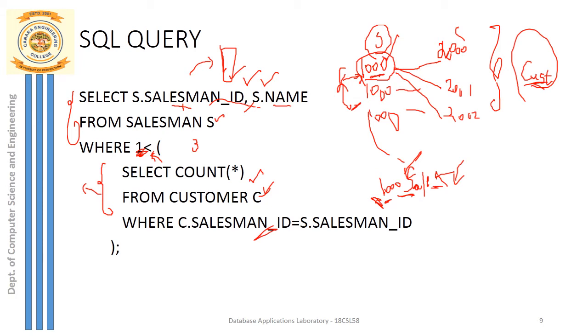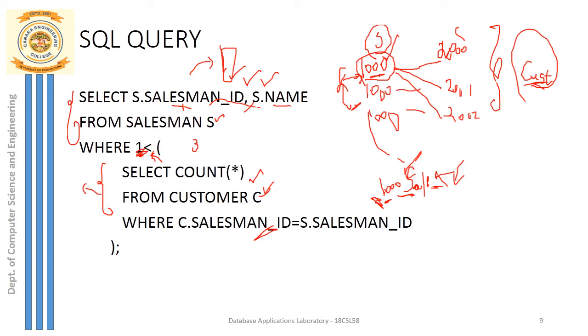Suppose if you get more than one row for that salesman with ID 1000, the meaning is that salesman is serving more than one customer. Right? So how do you check that in the query? First you retrieve this inner query result, where you just count the number of rows, but directly you cannot do that. First you come from the outer query part. So the outer query says that for each salesman, that means from the salesman table you start there, for each salesman you check a condition like this, where 1 is less than.